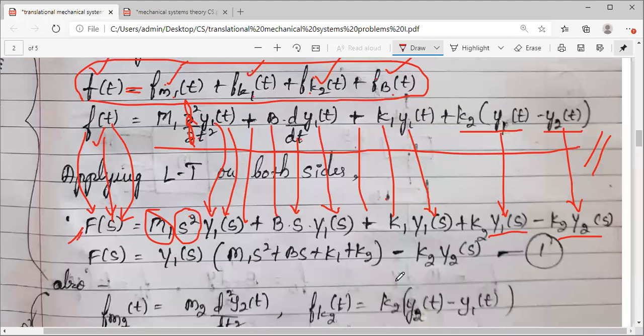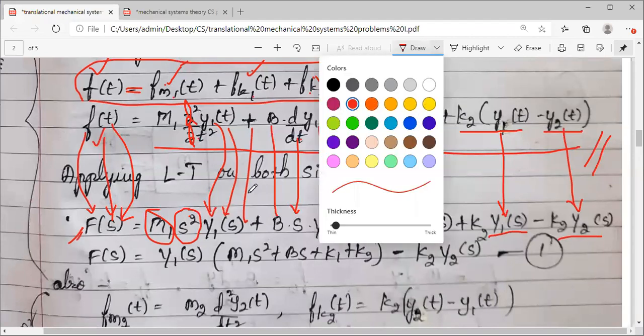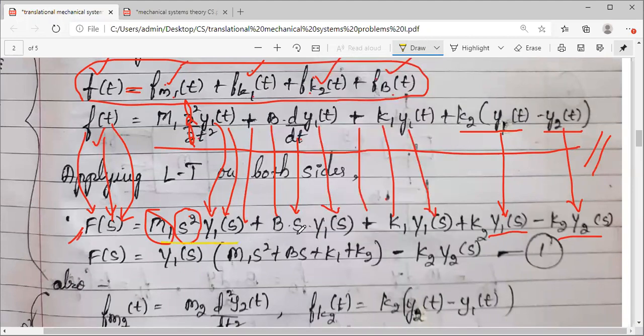In the next step, I have clubbed all y1 terms together and y2 terms together. So if you see how many y1 terms we have, you can check out. This is the first term y1, y1, y1, y1. So the first four terms are related to y1. I have taken y1 common. These are the remaining things. And y2 is only one term, write it as it is. So this is our equation.